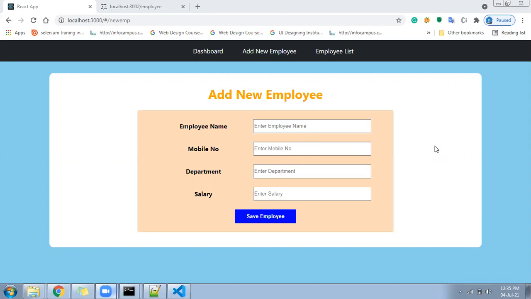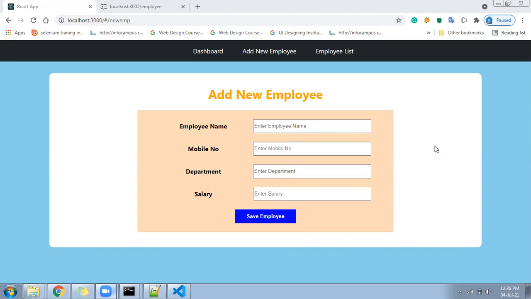We are going to learn in this series React API with the JSON server, and I hope you have seen the last video. In this series you are going to learn how to read the data from JSON server, how to write the data into JSON server, how to edit, how to delete, a complete full CRUD operation based on the API of JSON server with React. It's helpful for you.